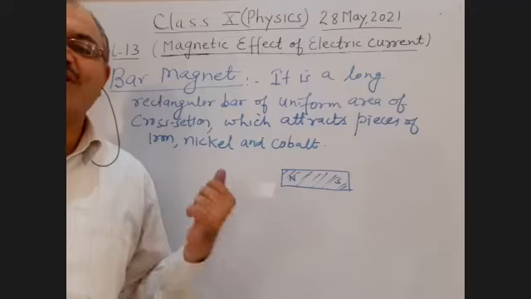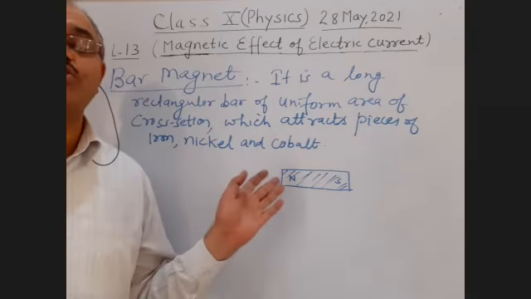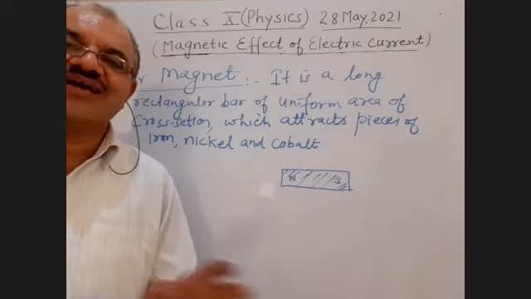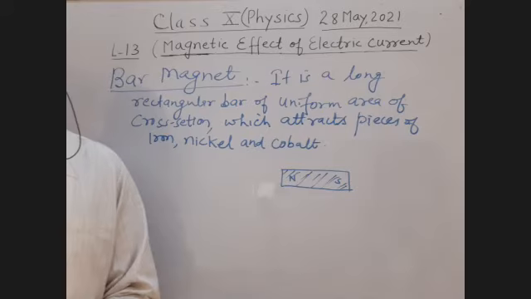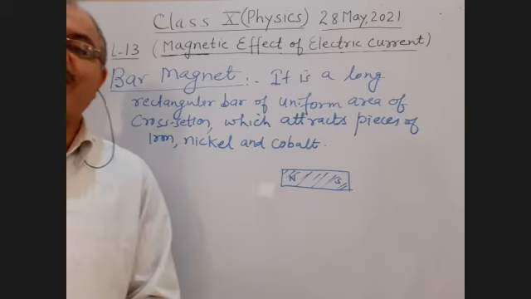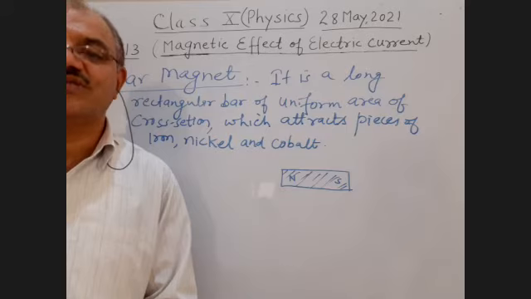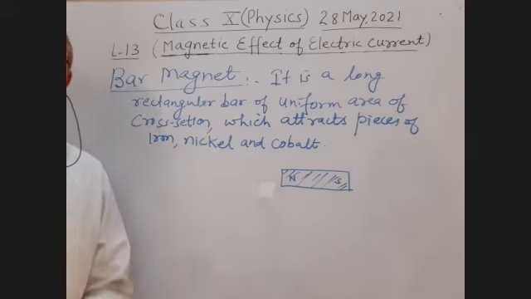Please note down. Now, student, the next topic which I am going to explain to you is the magnetic field, which is very, very important. Magnetic field and magnetic field lines. And what are the properties of magnetic field lines? A very, very important topic which we are now going to study. Next topic. Please note down. First, you note down the definition of a bar magnet.